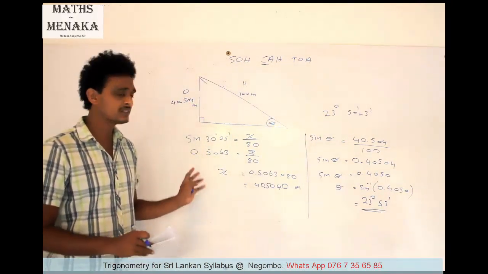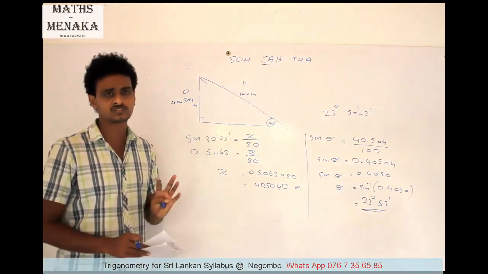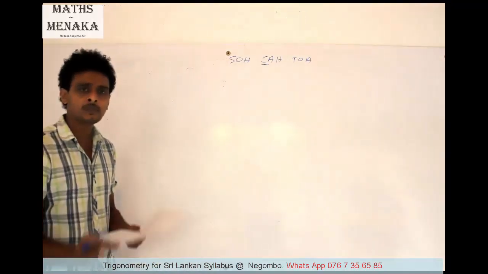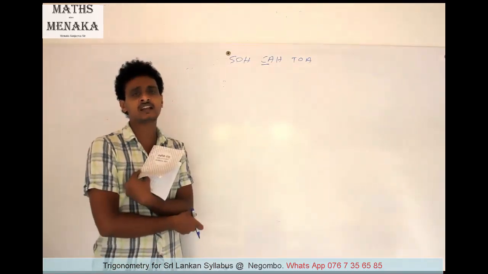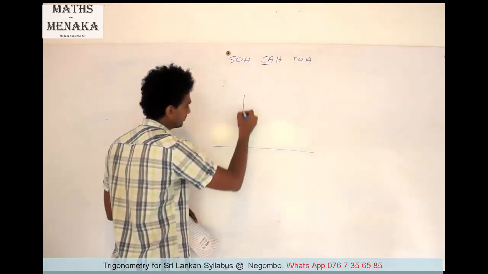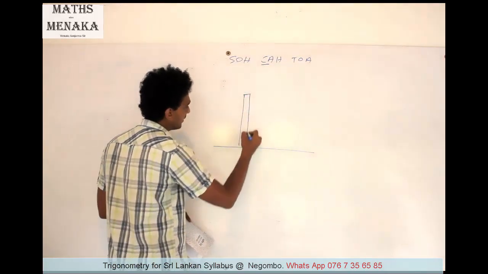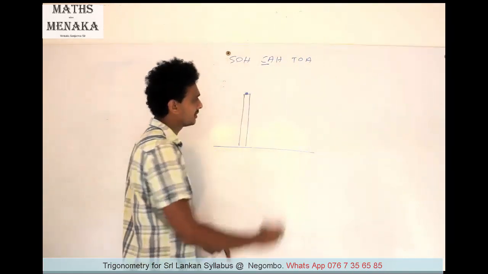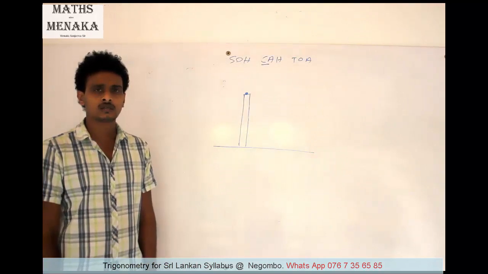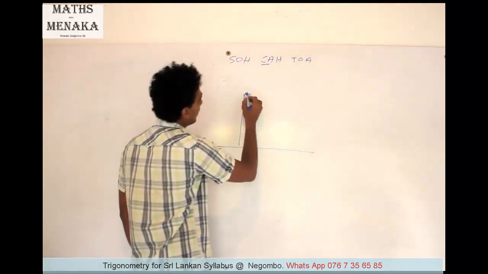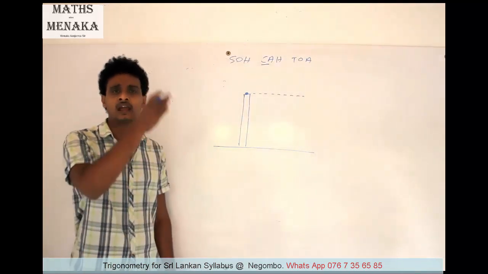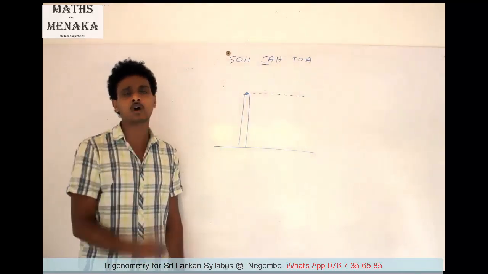For the oral examination, these days you are getting this kind of question. But there are some more things you have to remember. The first thing is how to measure the angles of elevation and the angles of depression. Now let's take this example. There's a tower. At the top of the tower, there's a man. So you have to mark the man's horizontal level. The angle of elevation and the angle of depression are always measured from the horizontal line.